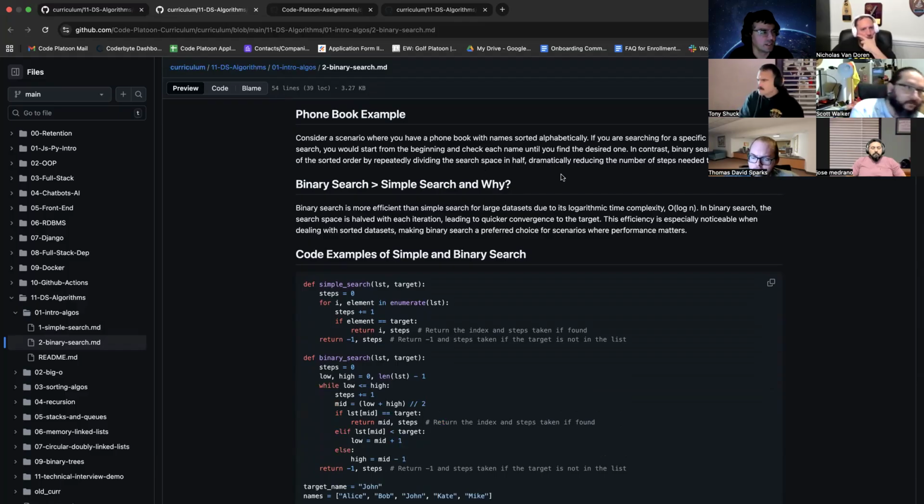Think of a phone book. And I think that might be the example they show in here. If you're looking for a last name like Rodriguez, and you grab a phone book, you don't start with the A's, right? You jump straight to the middle of the phone book, because you know it's in order. That's going to be way faster if you just open the middle of it and look for your R. And when you're in the R's, you look toward the end because RO, right? That's way more efficient. Imagine a phone book that's not alphabetical.